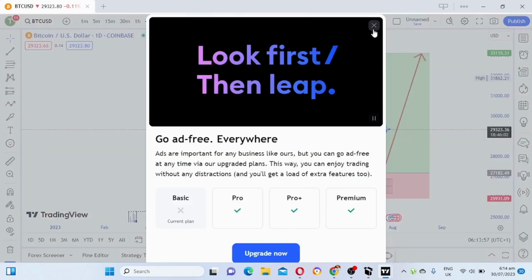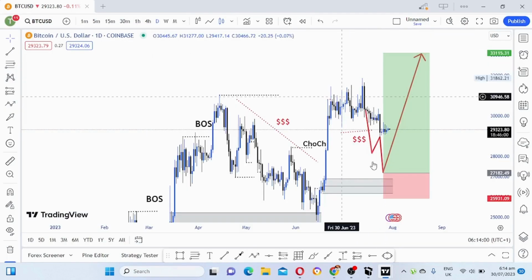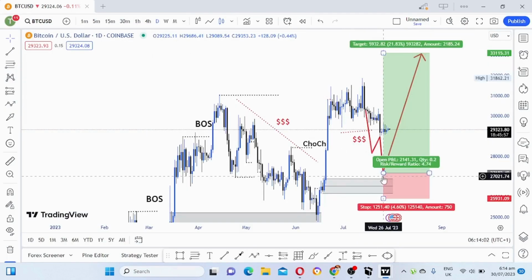So I'm just waiting for price. I'm only interested in a buy once price comes to this demand zone and gives us a bullish signal at that zone. Then I enter a buy aggressively, or I will switch to H4 or H1 to see a change of character happening on the lower time frames, wait for price to pull back, and then I end up with a confirmation entry.